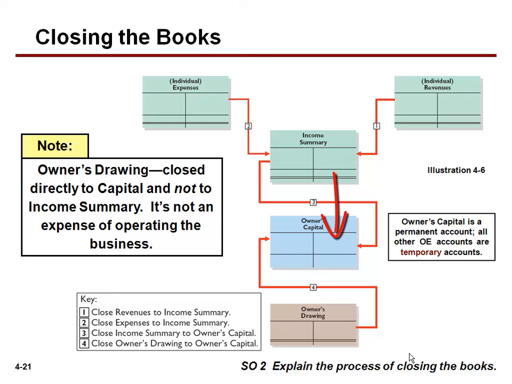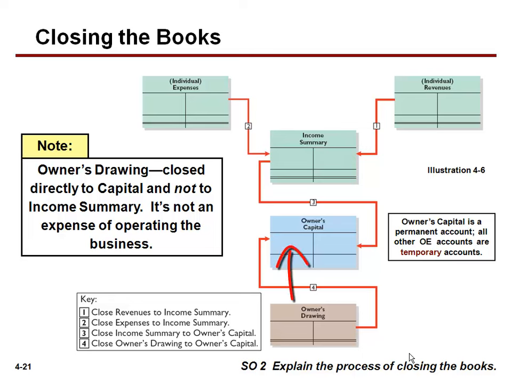The last closing entry, the fourth, looks at the owner's drawing account, which we'd expect to have a debit balance, indicating that owner's equity or net worth has been reduced by an owner divestment or withdrawing assets out of the business. We're going to close that account out with an opposite credit entry and move a debit entry